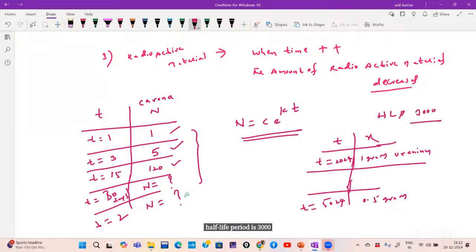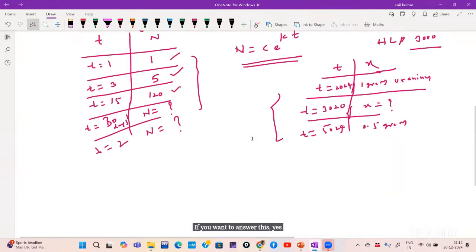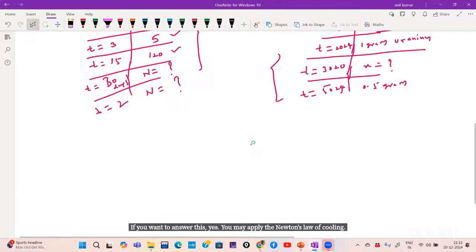That means 2024 plus 3000, 5024, the 1 gram will become 0.5 gram. Now the question is, in the year 3020, how much uranium is left? This is the question, and I want to answer it. If you want to answer this, you may apply Newton's law of cooling. Okay, suppose